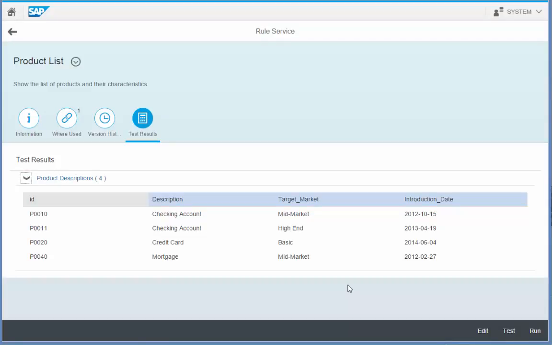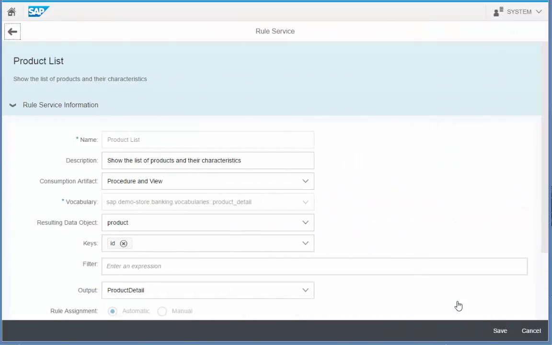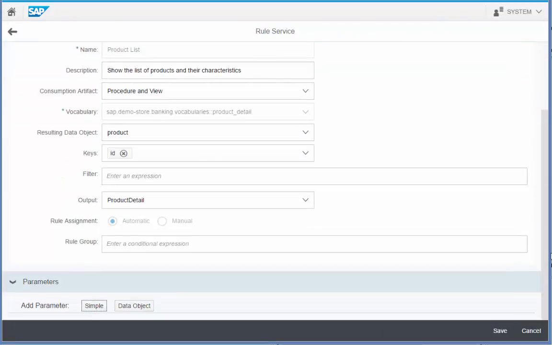When I execute this rule service, it produces 4 output result records, 2 for checking accounts and 1 each for credit card and mortgage products. I will now edit the rule service and show you input parameters of type data object. This parameter type creates rule service input parameters for each attribute of a data object. The function of the data object parameter type is to allow users to model and experiment with data on a